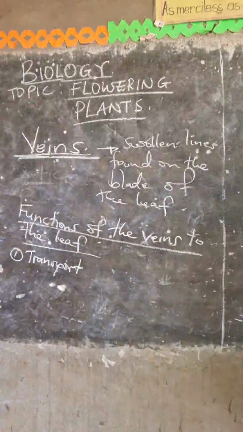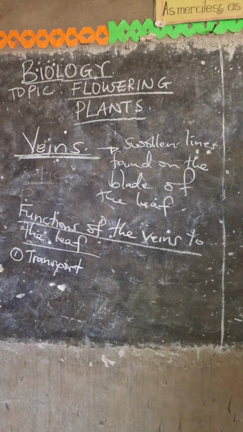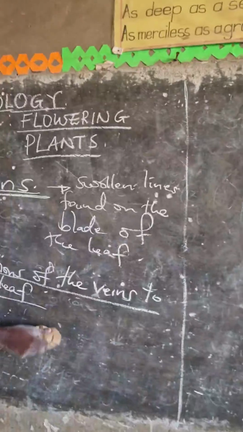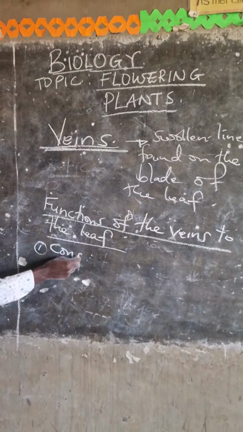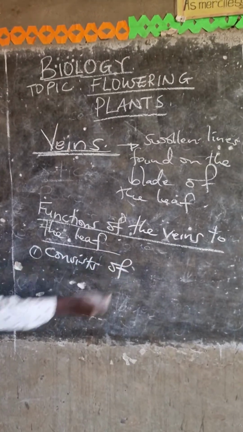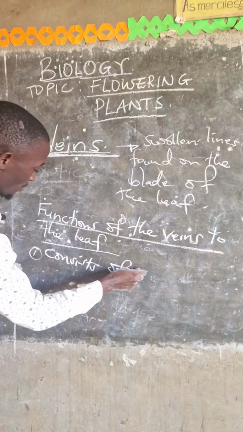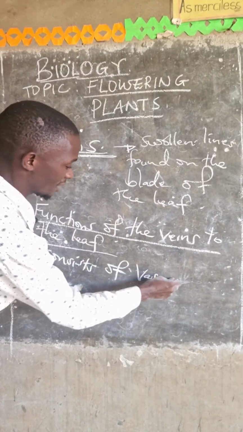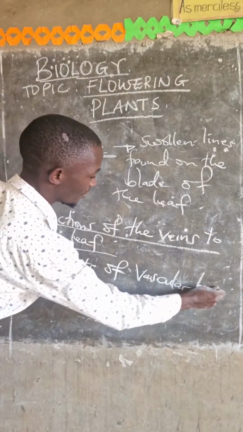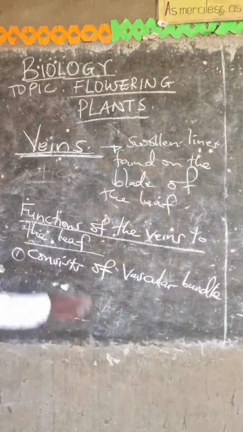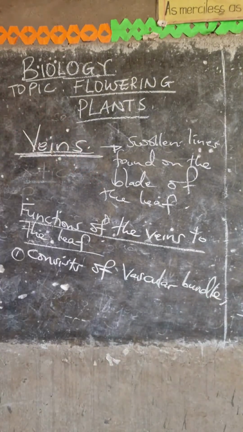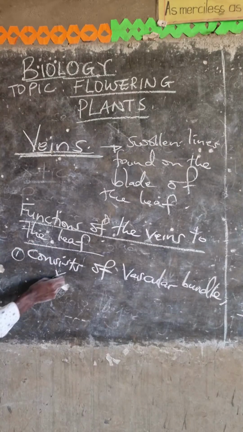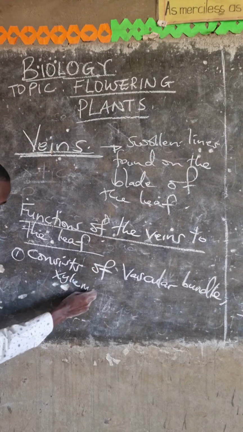The veins consist of vascular bundles. We very well know that the vascular bundle is made up of the xylem and the phloem. That means the xylem in the leaves